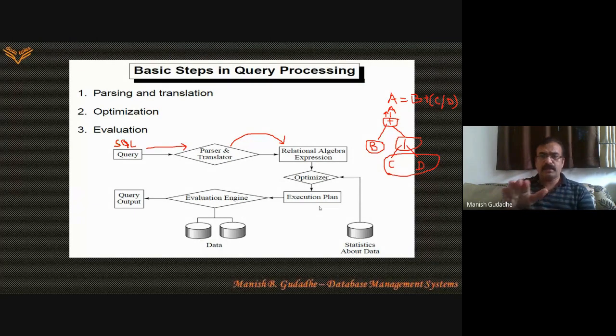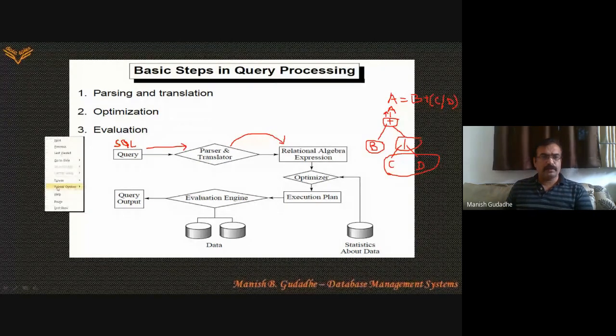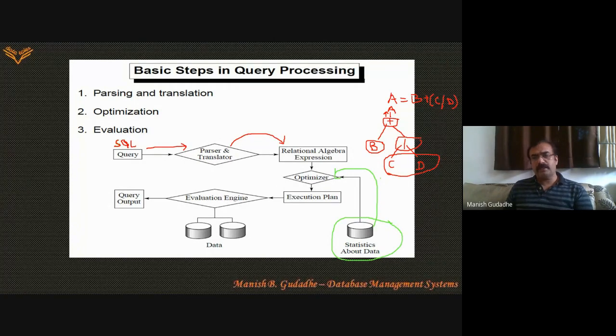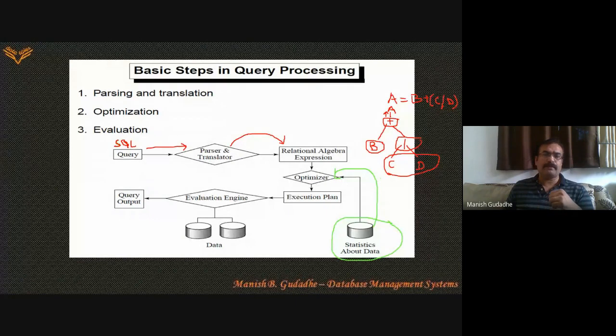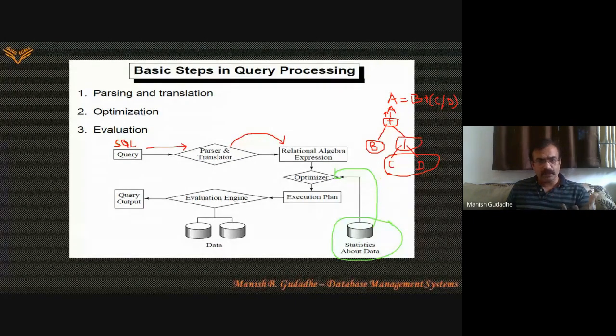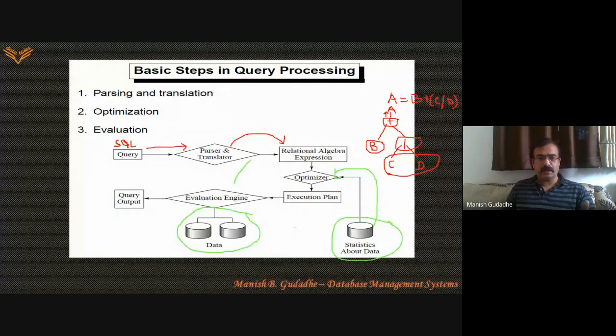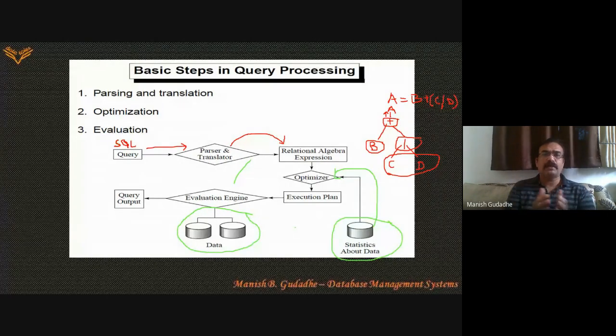So these are the basic execution or processing steps of a query. Here two things are taken into consideration. One is your statistics about data, which will help you to optimize the plan. Statistics about the data means how much time you are going to take to retrieve the data, what space it will take, what amount of data will be fetched, and all things. And second is the actual data with which you are dealing, which will be in the evaluation engine. Okay, so the metadata and data also take part in these basic steps of query processing.